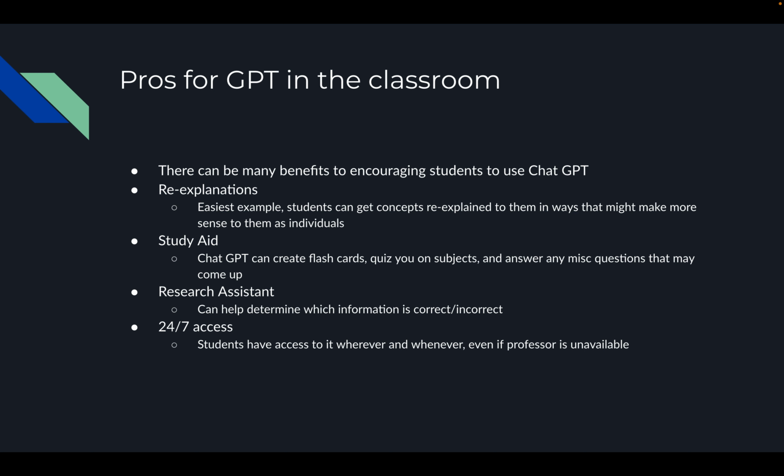So it's good to have a lot of options, because if something is explained to a student, they might not understand it. So it's good for them to just be able to ask. And obviously, there's no judgment with ChatGPT. There's no worry. The student can just ask it because they're asking a program. So they can ask it whatever they want. If there's even one small thing that they might feel stupid that they don't understand, it's good that they can just ask, and they can get concepts re-explained to them. And you can even ask it, like, hey, can you explain this to me in easier terms? And it can do that as well, which is nice.